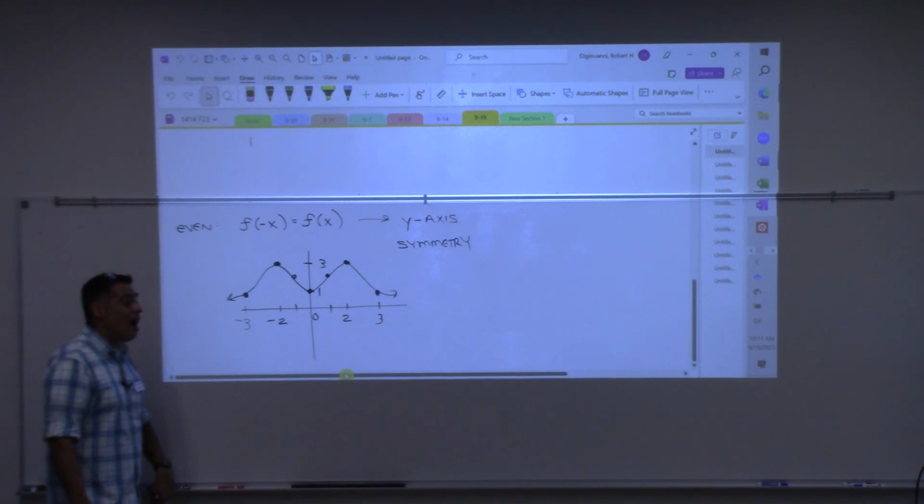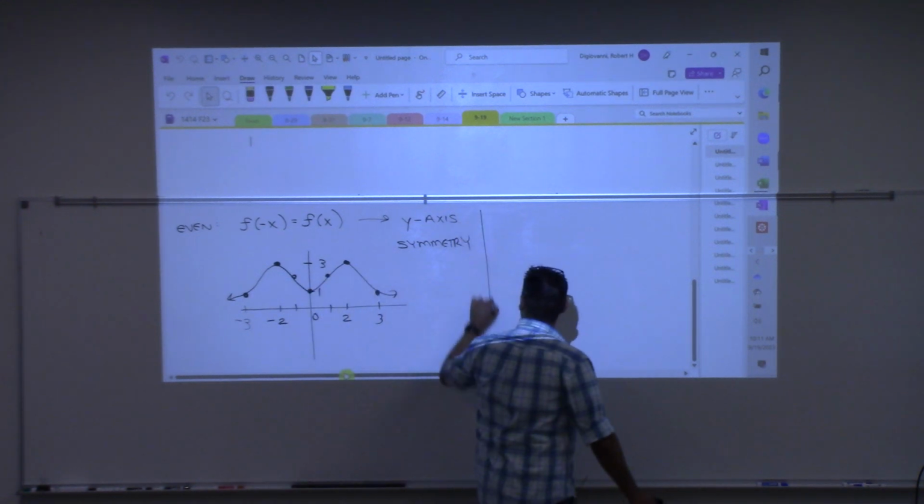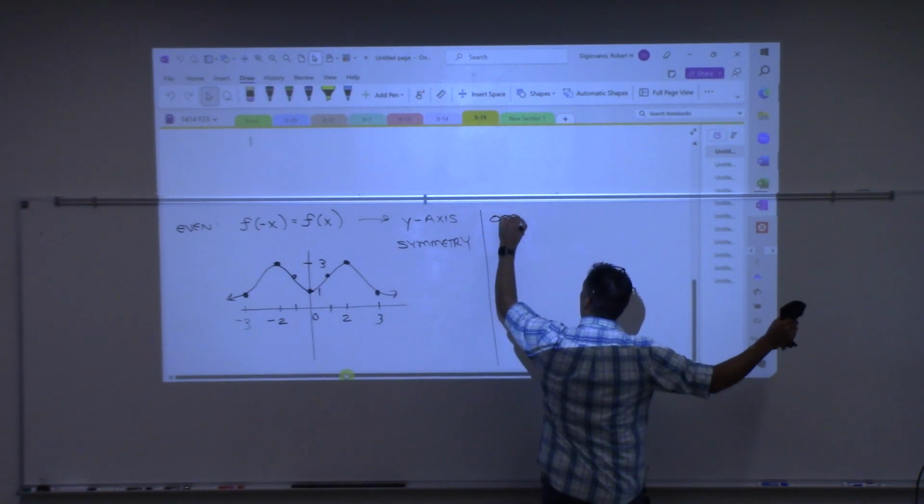Now let's talk about odd. Okay, what does it mean for a function to be odd? Well, the notes, I can bring the note up, but here's